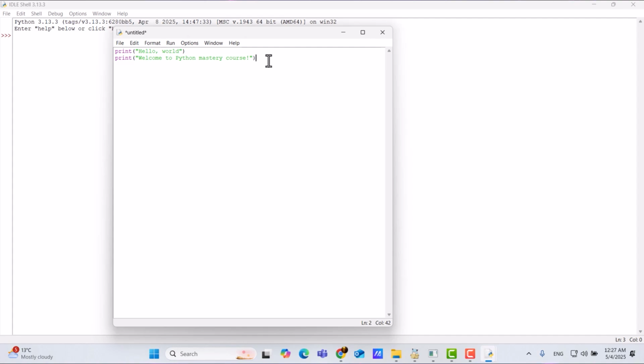This environment is often called the script editor or just the Python file editor.